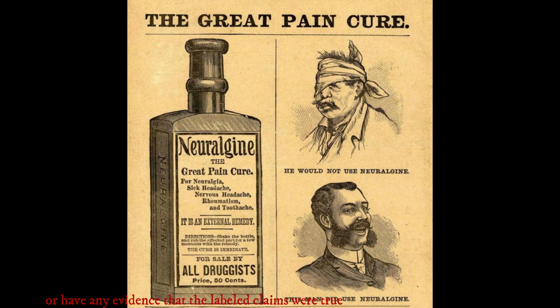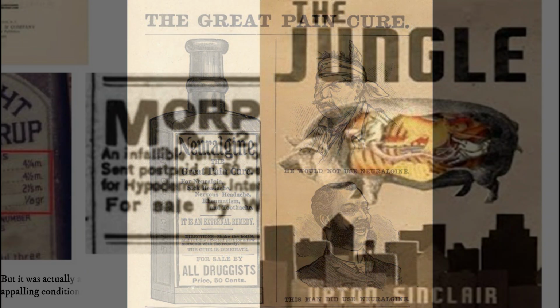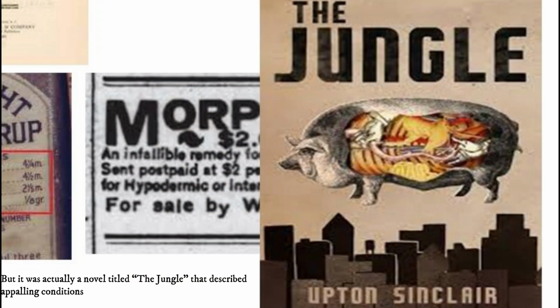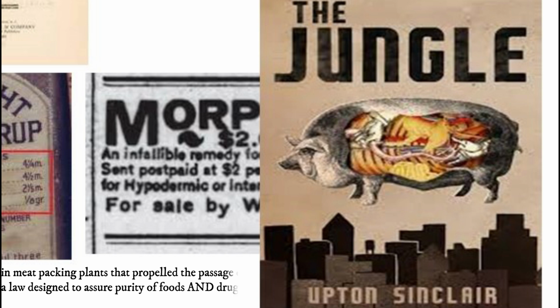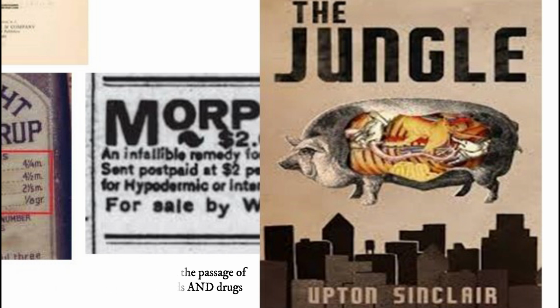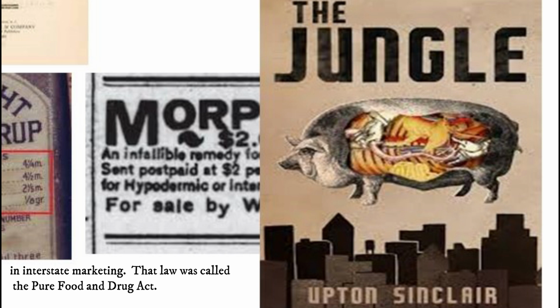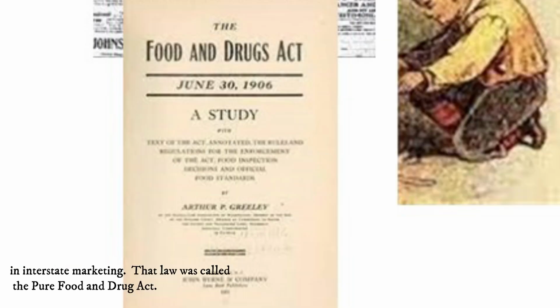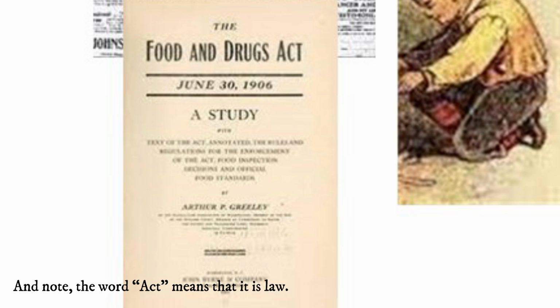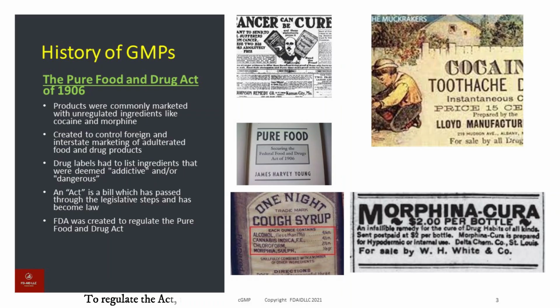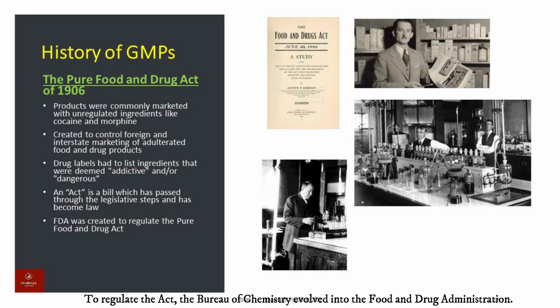were true. But it was actually a book titled The Jungle that described appalling conditions in meatpacking plants that propelled the passage of a law designed to assure purity in both foods and drugs in interstate marketing. That law was called the Pure Food and Drug Act. And note, the word act means that it is law. To regulate the act, the Federal Bureau of Chemistry evolved into what we know now as the Food and Drug